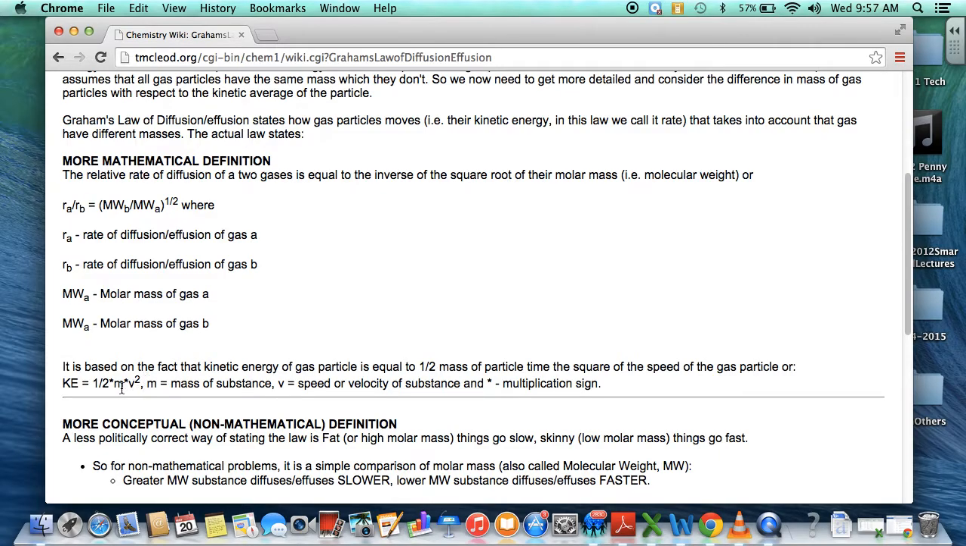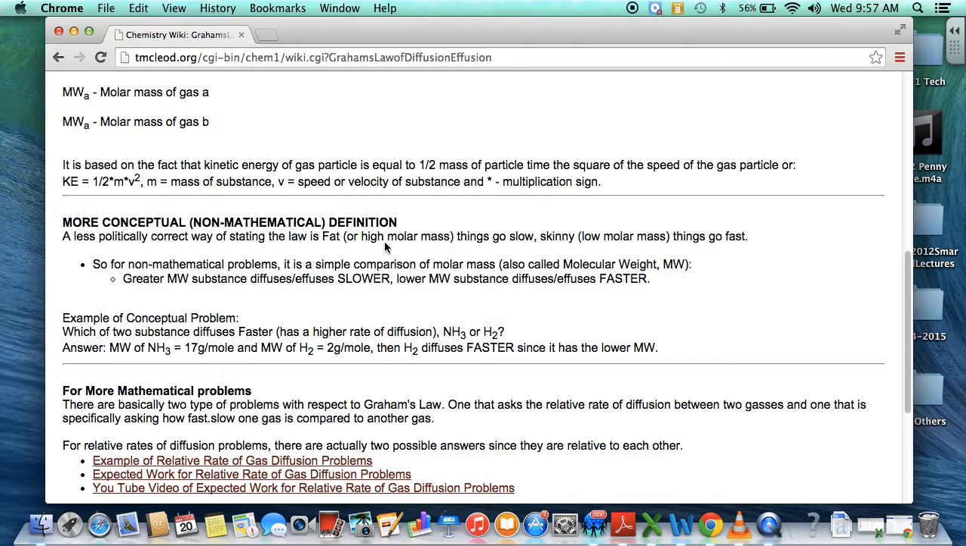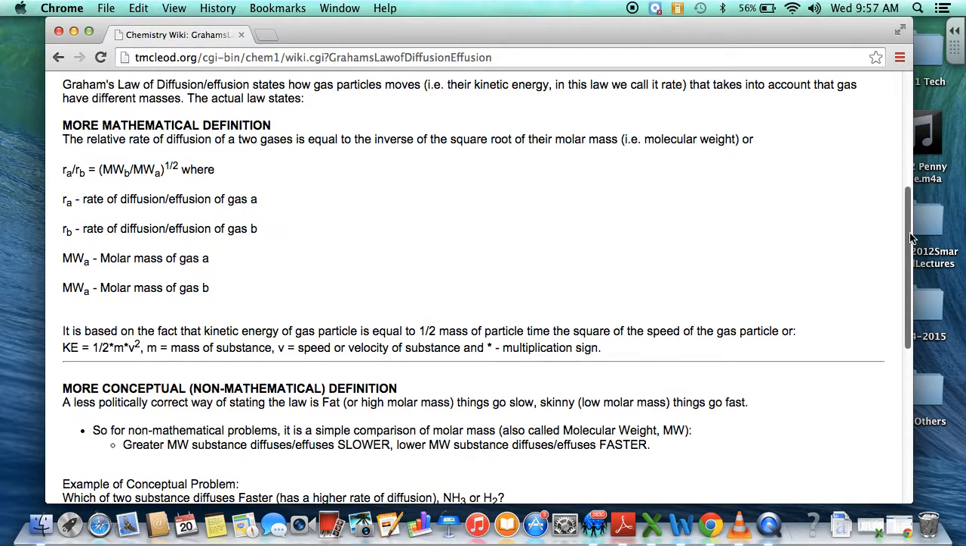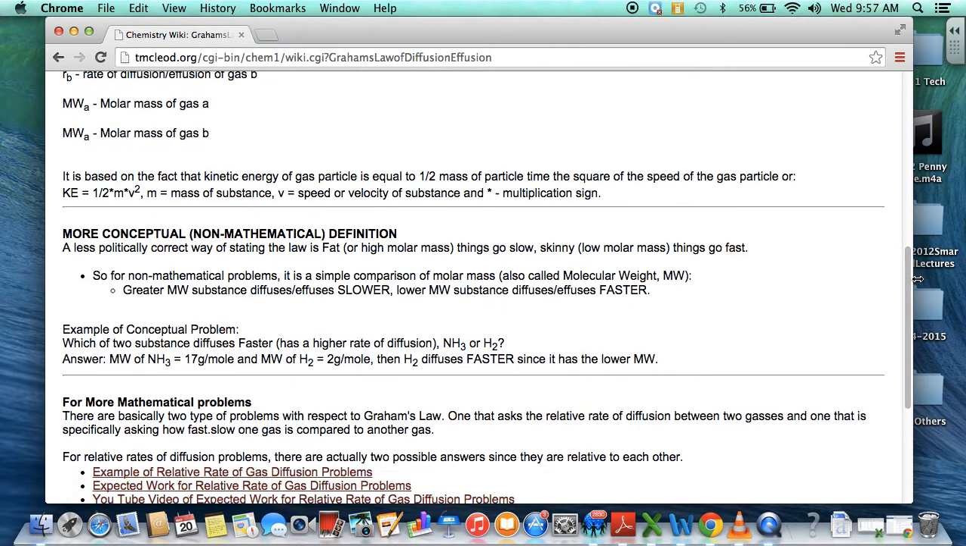So again, there are two ways of looking at this: very mathematical and very conceptual and non-mathematical. I dealt with the mathematical definition first: the relative rate of diffusion of two gases is equal to the inverse of the square root of the molar masses of the two gases. There's actually an easier way to explain it